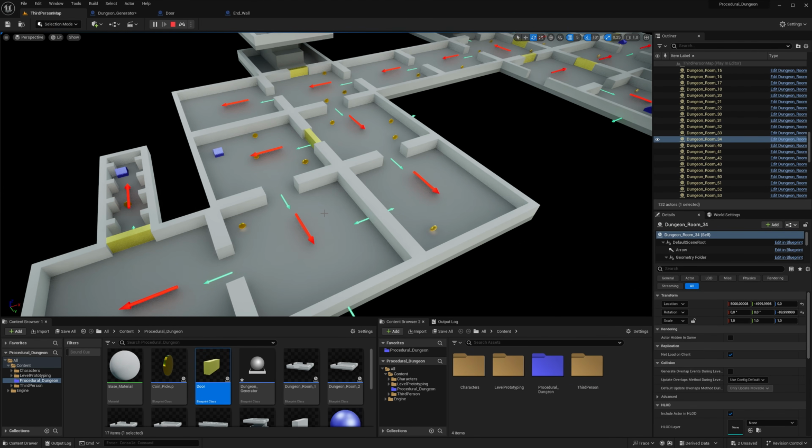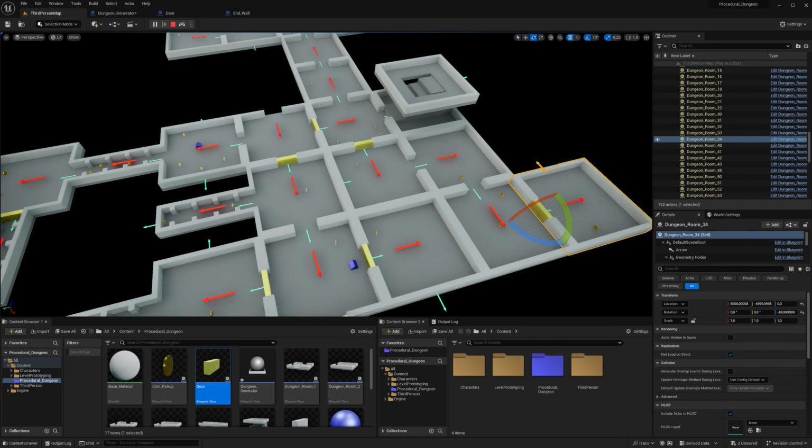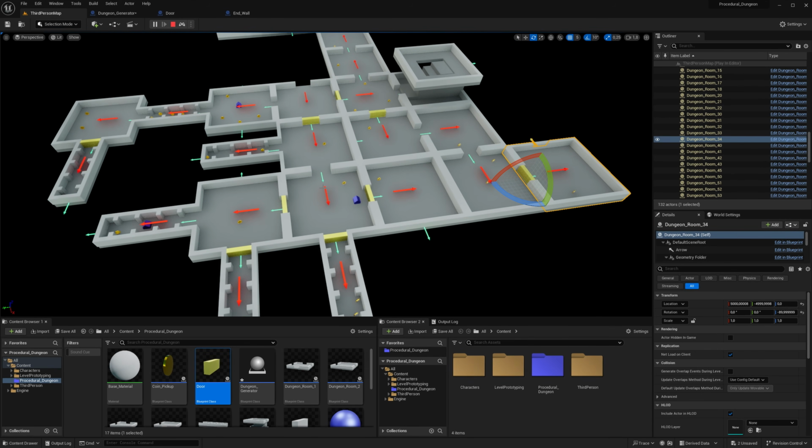I'm kind of teaching you how all this blueprint stuff works. I'm not trying to make a completely bulletproof dungeon that you can ship in a AAA game, right? There will be a lot of downsides to this dungeon. I will just try to make sure that the dungeon doesn't crash, or make sure it works all the time and you can get into all the rooms, things like that. It's the basic concepts I'm teaching in these videos.